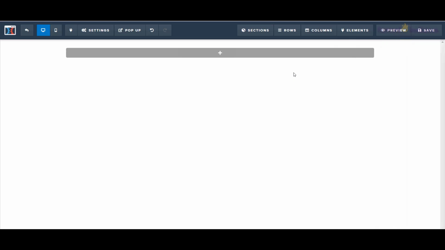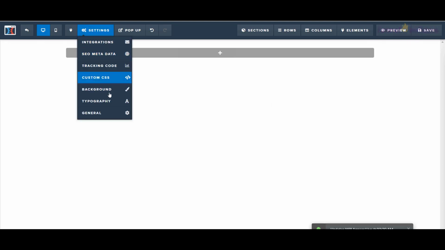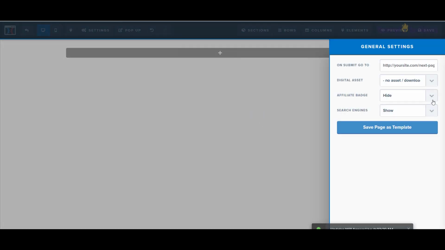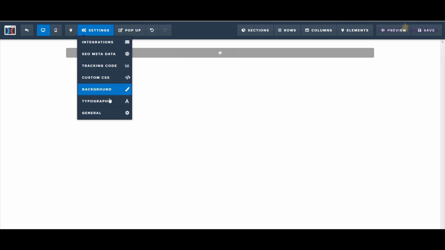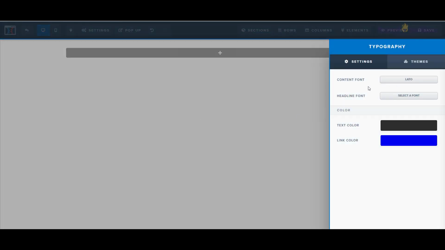Sorry. And let's save it. Okay, see? Pag pinalitan nyo na siya, whenever you save, hindi na siya lalabas. So, it's best na gawin nyo, go to General, Affiliate Badge, and then save. Lalabas agad yung SEO and palitan nyo siya agad para hindi na siya papabalik-balik. Okay? So, that's that. So, second thing is go to Settings, go to Typography, and iset nyo na yung content